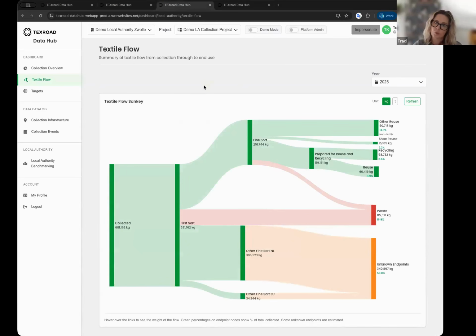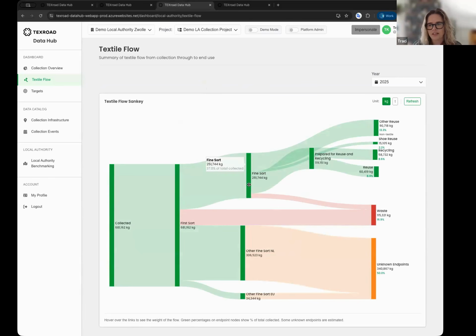And what we can see, this is based on data from sorters, we can see all of these different streams about where these materials actually go from the sorting facility. What you can see here is based on, to some degree, Dutch EPR targets and how those outbound streams are reported. But to some degree, these are customizable in terms of, well, what sort of outflows do you want to see?